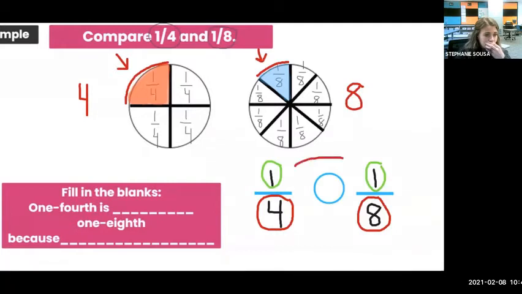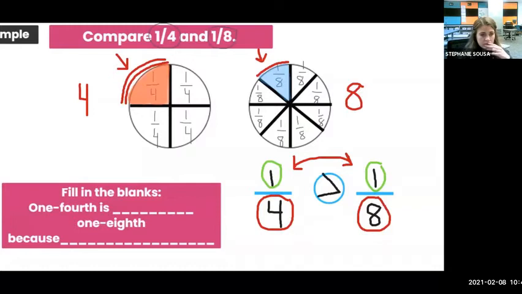When our numerators are the same, we have to look at our denominators and think about the unit fraction. 1/4 is a greater piece with a unit fraction. So, when we compare these two models and these two fractions, we know that 1/4 is greater than 1/8. We can choose our symbol,